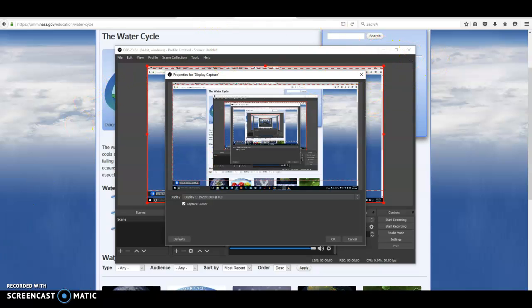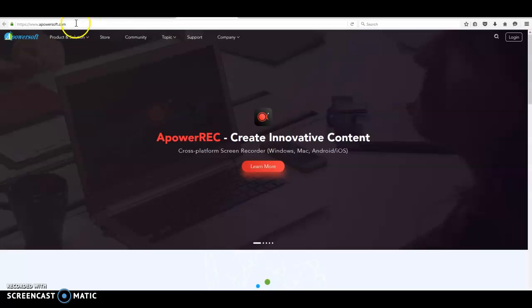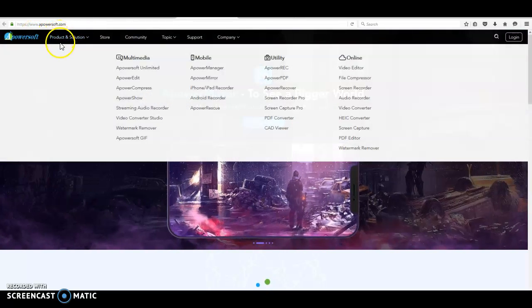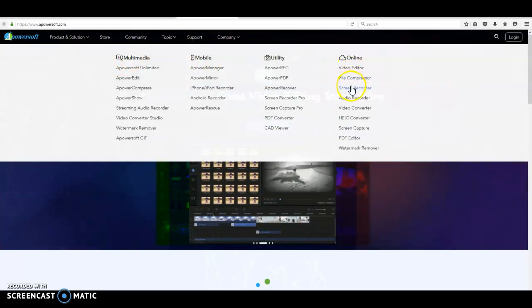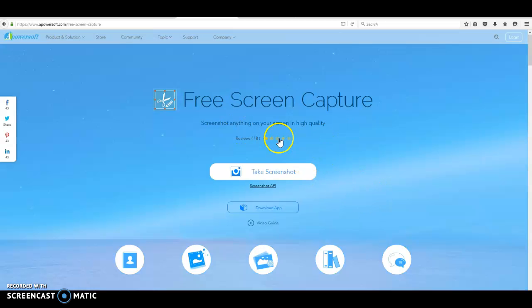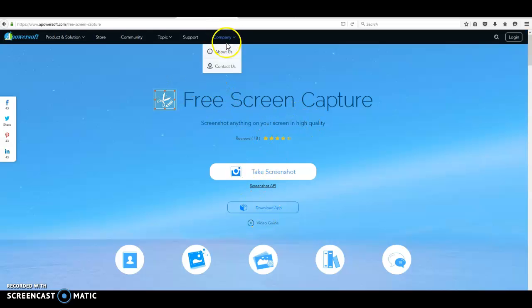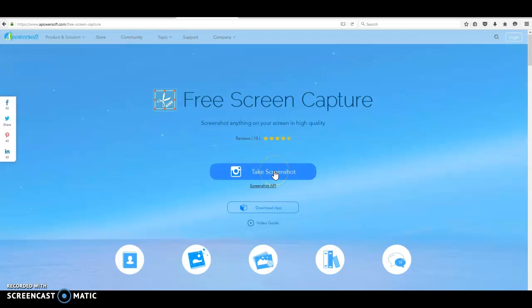Now the last one is similar to Screencast-O-Matic, but it's called APowerSoft. Look at products and solutions, and we're going to go to online, and we are going to go to screen capture. And you'll see, just like Screencast-O-Matic, this one is similar in the sense that you don't have to download anything. You can take a screenshot here,